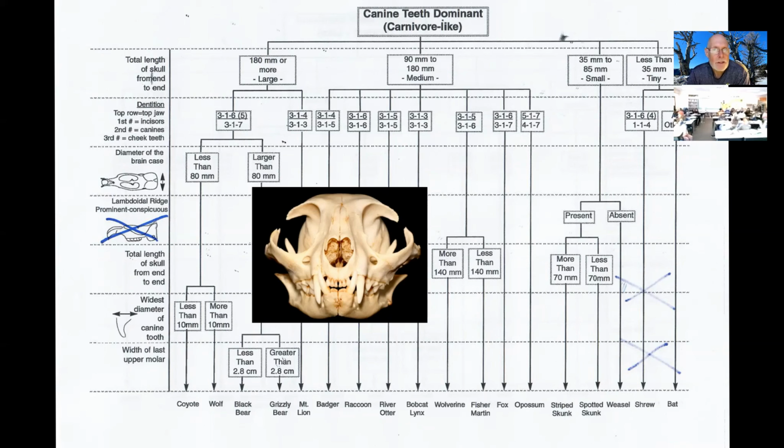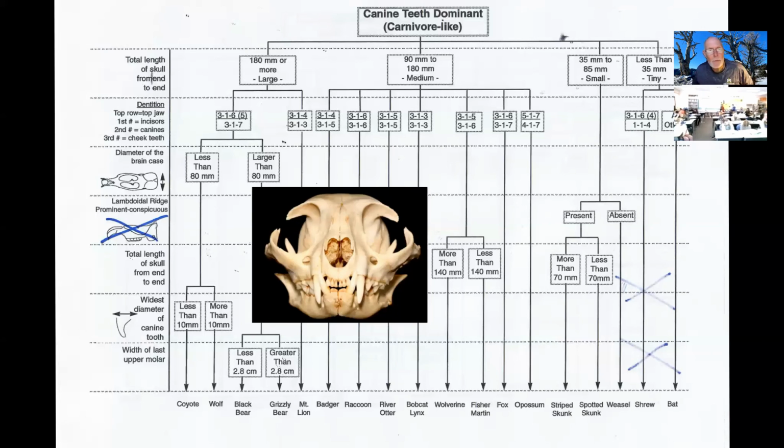Now, what you have to figure out is sometimes those cheek teeth grow together. So even though it looks like 1 tooth, there may actually be 2 back there. So if you get confused, just ask Miss O'Shea or some adult in the room to come over and help you, okay? Once you've figured out the top row, you look at the bottom jaw. That's the number of teeth that are underneath that line, okay?